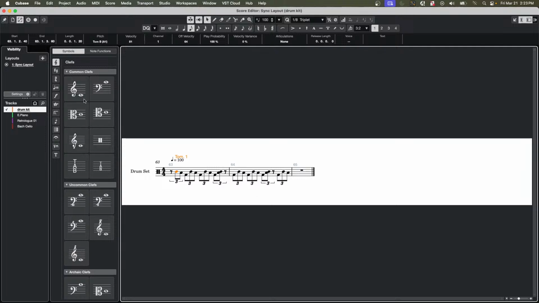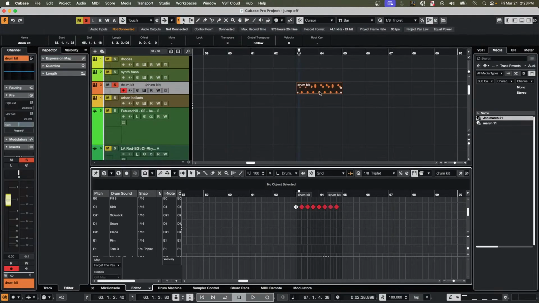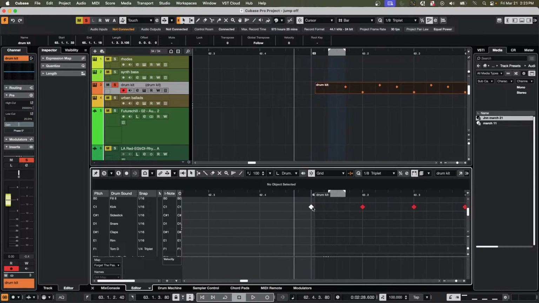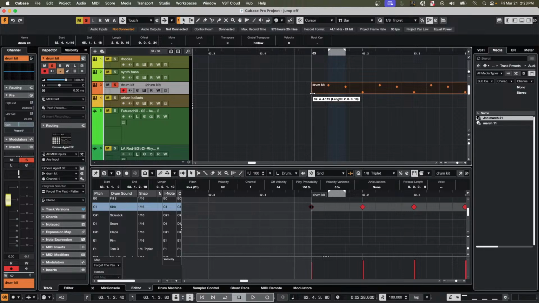So make sure that you have, I'll just move this note. So make sure that you have it labeled something like a drum map, and then when we go,